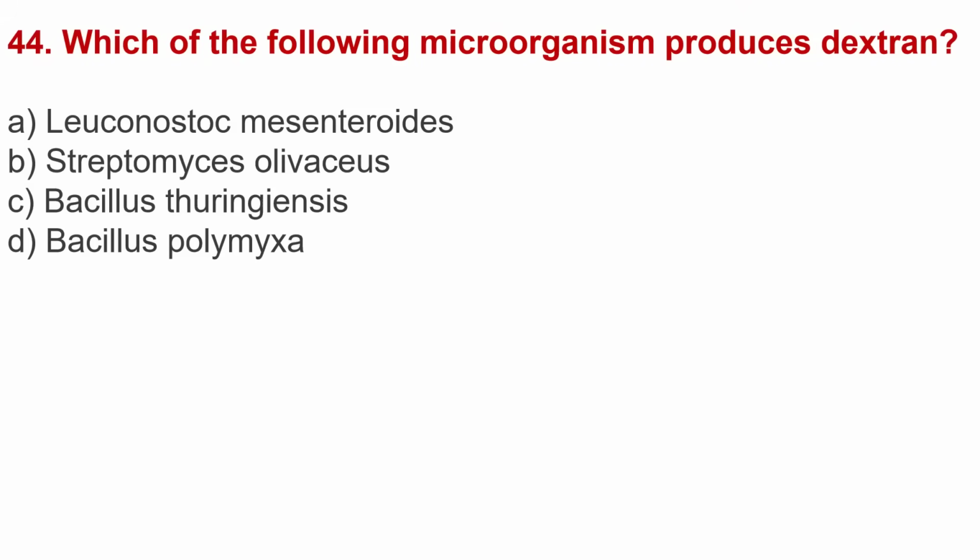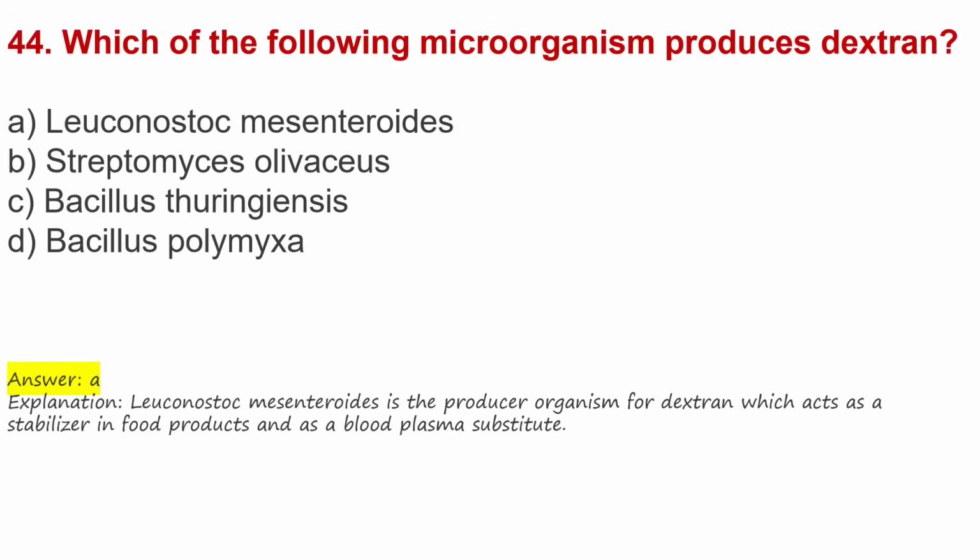Question 44. Which of the following microorganisms produce dextran? A. Leuconostoc mesenteroides. B. Streptomyces olivaceus. C. Bacillus thuringiensis. D. Bacillus polymyxa. The answer is A. Leuconostoc mesenteroides is the producer organism for dextran, which acts as a stabilizer in food products and as a blood plasma